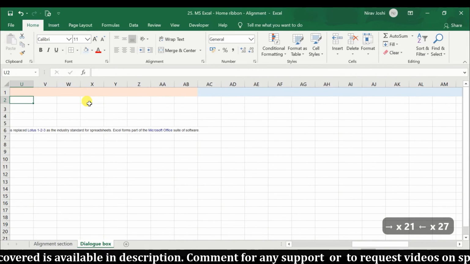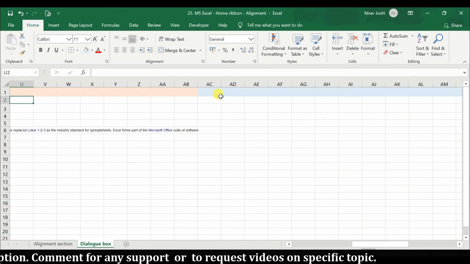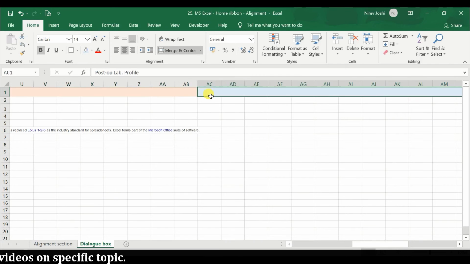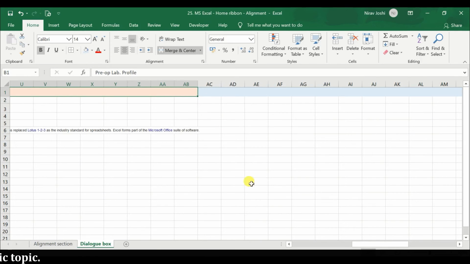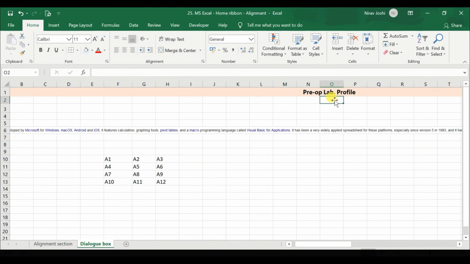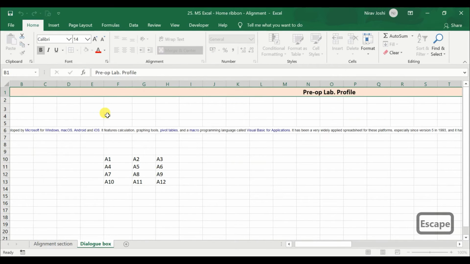Now what happens is that suppose I am in this area, I am not able to see what the headers of this section are. So I need to either remember it from this fill color, or I need to go to this area where there is this specific header name, or I need to select this area so I can get the title from this formula box.